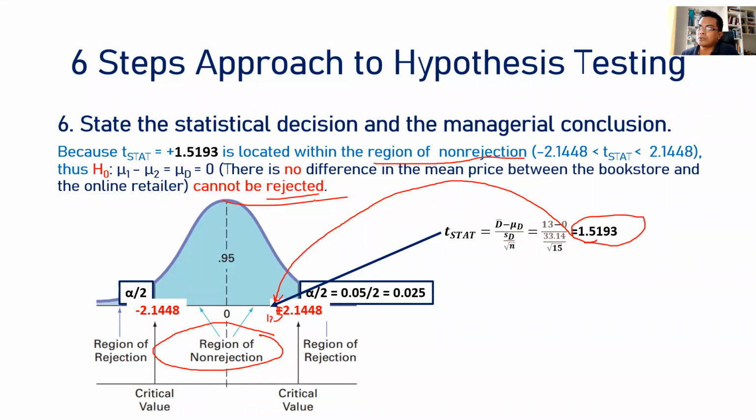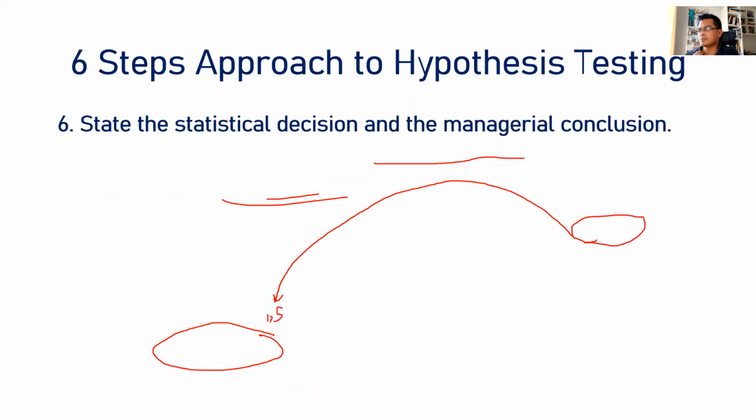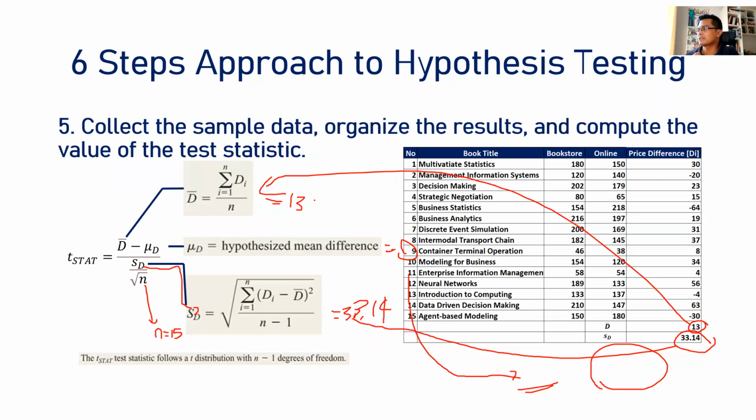The conclusion is that the mean difference between the online and the physical is negligible, or can be considered similar. Here it's actually not that surprising, because as we can see, the mean average difference is only $13, and the standard deviation,